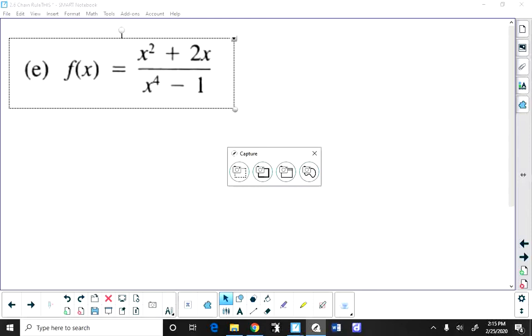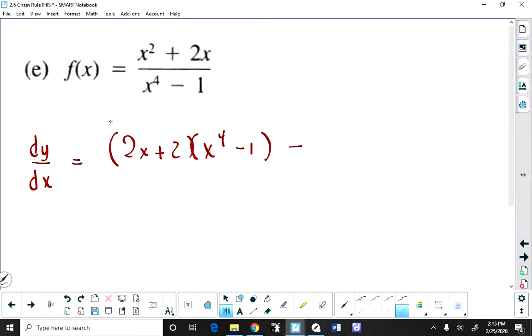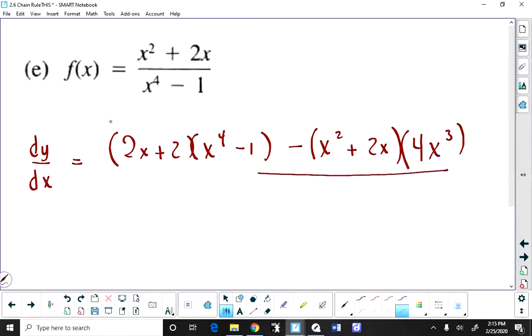We're going to have to use the quotient rule here. The numerator is x squared plus 2x. The denominator is x to the 4 minus 1. The derivative of a quotient says we take the derivative of the top. So I'm going to scream through this first part showing all the pieces, and then we'll stop and we'll evaluate it, then we'll simplify it. But the derivative of the top is 2x plus 2 times the bottom minus the top, which is x squared plus 2x times the derivative of the bottom over